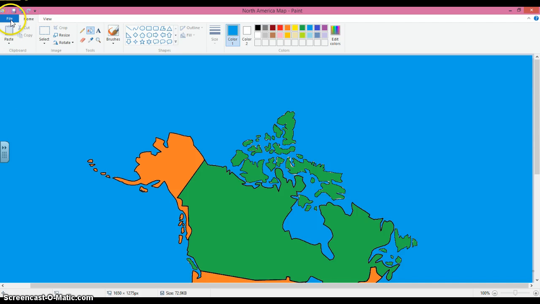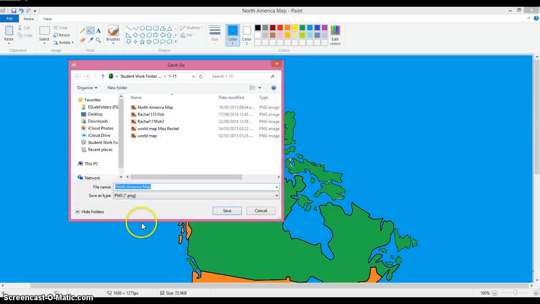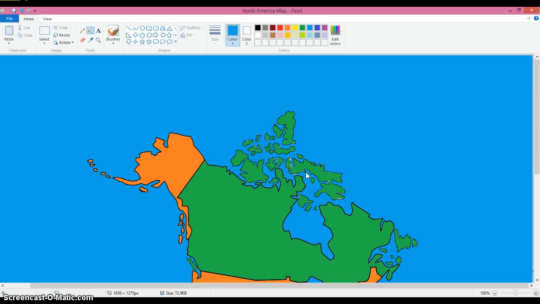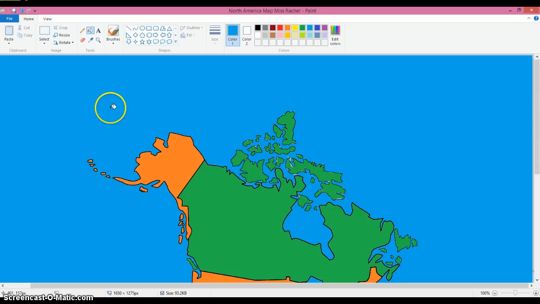What we need to do is make sure we save it. So File, Save As, and then at the end of North America map, make sure it's saved in your student work folder, and we're going to add our name so we know that this is the one that we added color to. And I'm going to say save, and we're going to say okay. Okay, we are now done with Paint, and we're going to add it to our